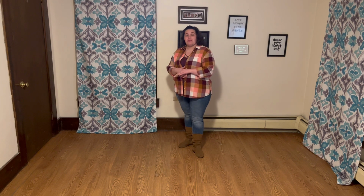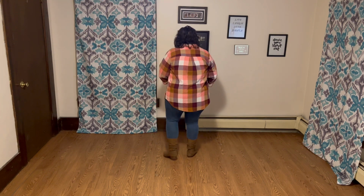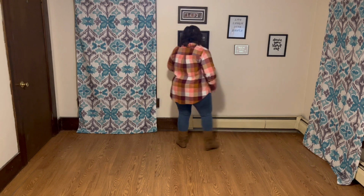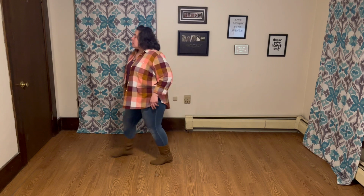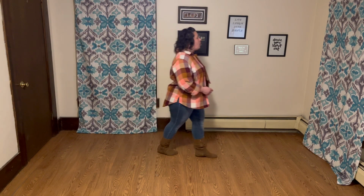Let's turn around, face the front wall. Let's do it one time through with steps and one time through with counts, and then we'll talk about the bridge and the restarts. Weight is on your left foot. We're doing our stomp. It's stomp, sailor, step back, sweep, behind, quarter, locking shuffle forward, step, half, half, half, forward,